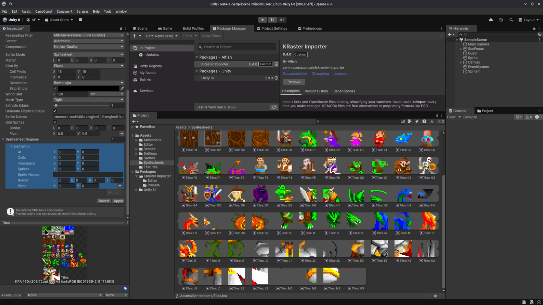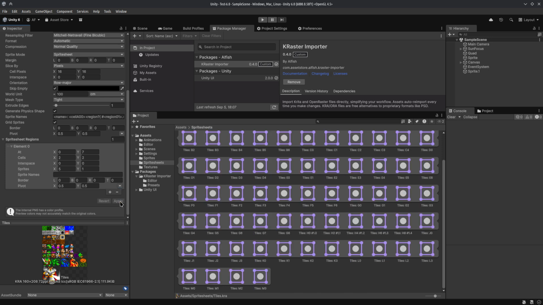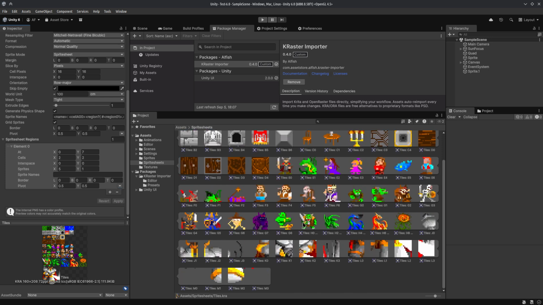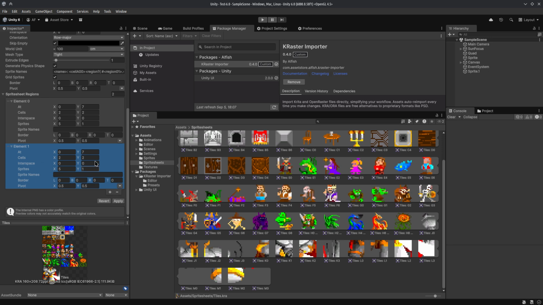But it's still flexible enough that you can have regions with more specific definitions, like merging cells to form larger sprites or overriding the name pattern on that area. In this example, we need a region starting at row index 7 in the grid, where each sprite size in cells is 2 by 2, and the region has 5 sprites horizontally. We also need a second region at row index 9, merging 4 by 4 cells, having one single sprite.